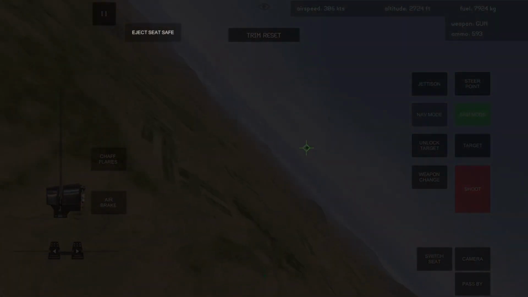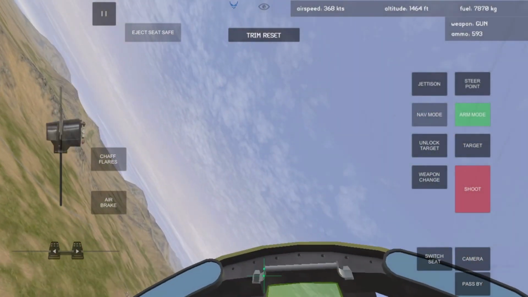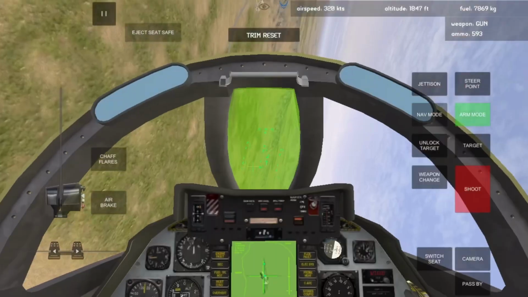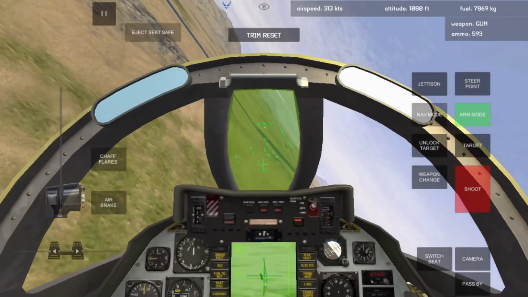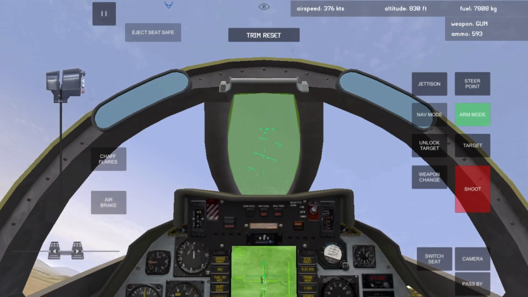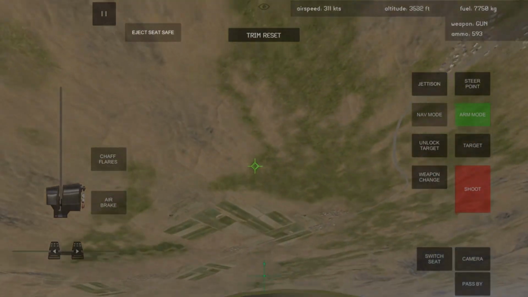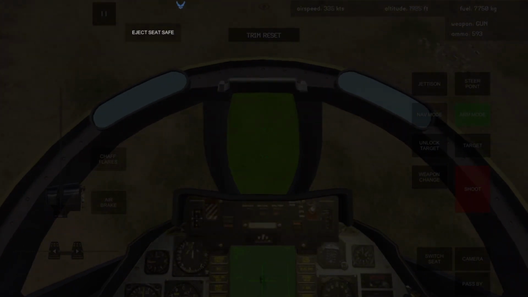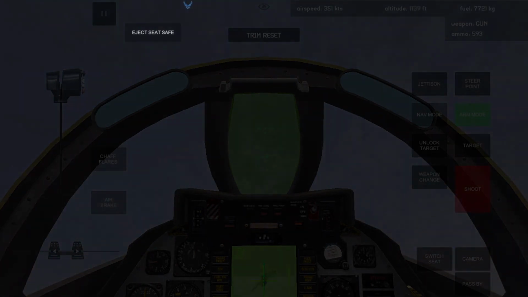That's not going to happen. He could just turn way sharper last second and get out of trying to get him in front of me. That's why speed management is going to be so important in the F-14. Get out before I hit the ground. I think he's trying to go for